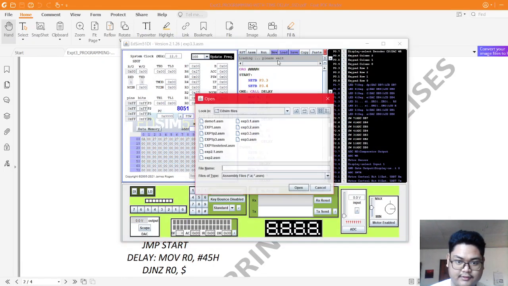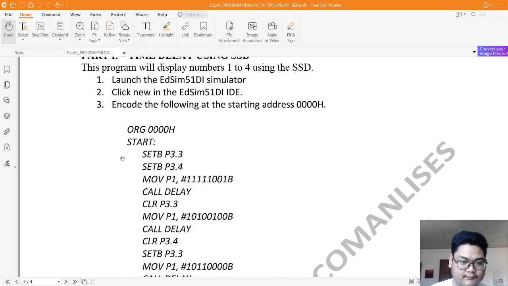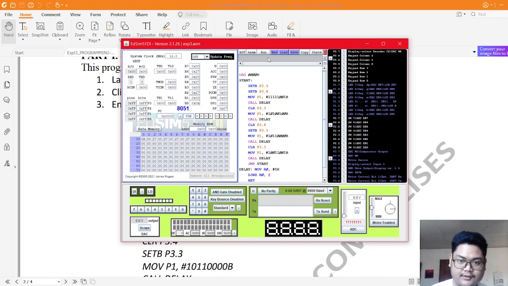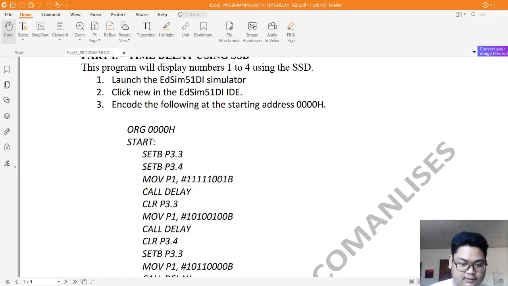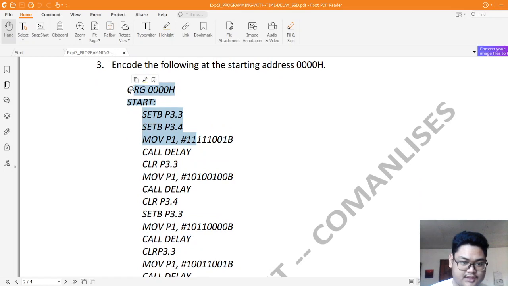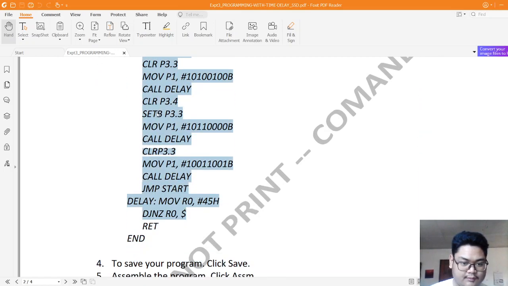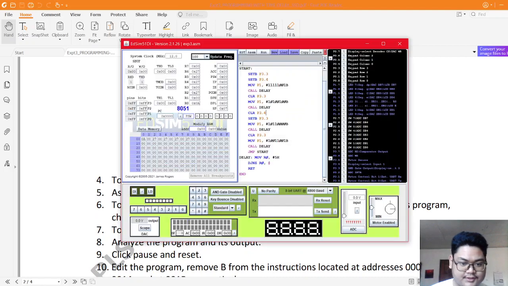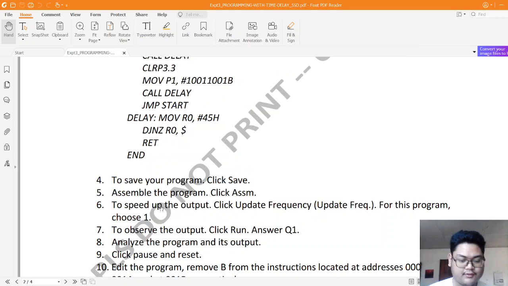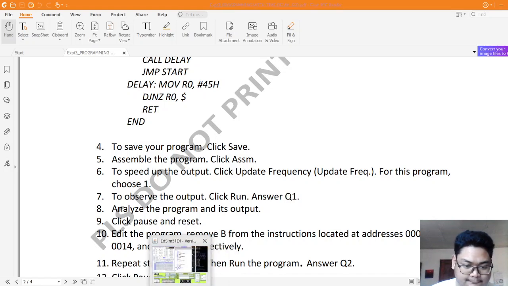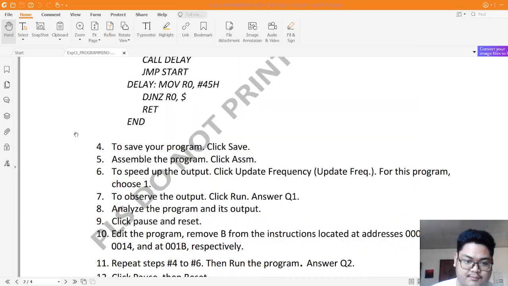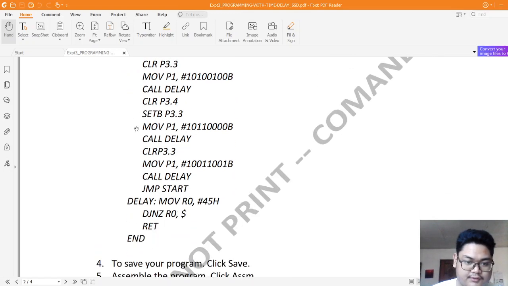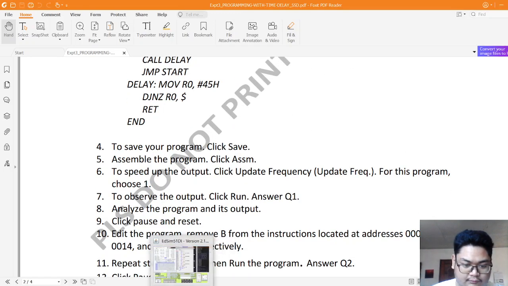So I have already prepared this code. It is the same as this code, so you can also copy and paste it here, and it's already here. So save, assemble, and let's run it. After assembling this code, the code number 3, and running the code,